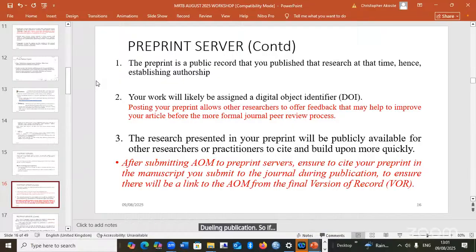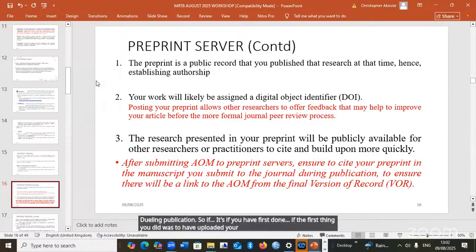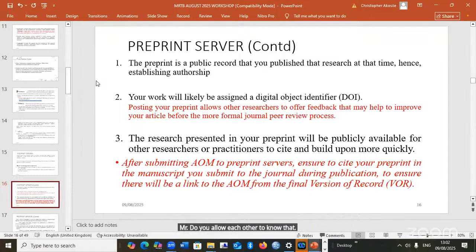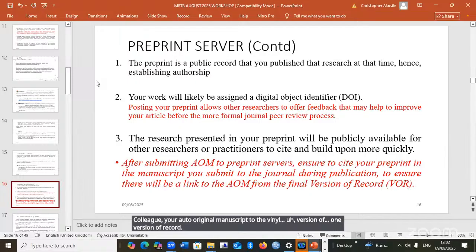If the first thing you did was upload your work to a preprint repository, make sure you let the journal know that the work is already in a preprint repository, so that the journal can link your original manuscript to the final version of record of the publication itself.